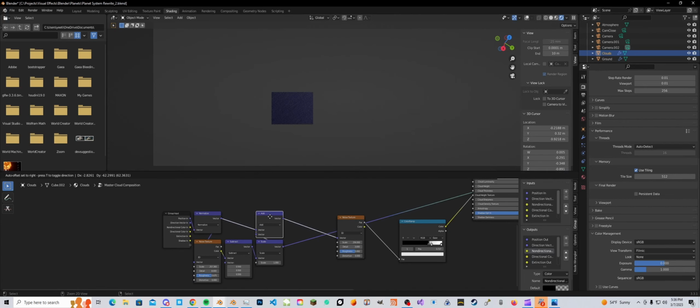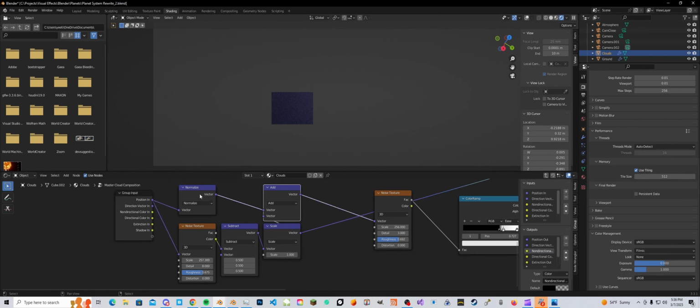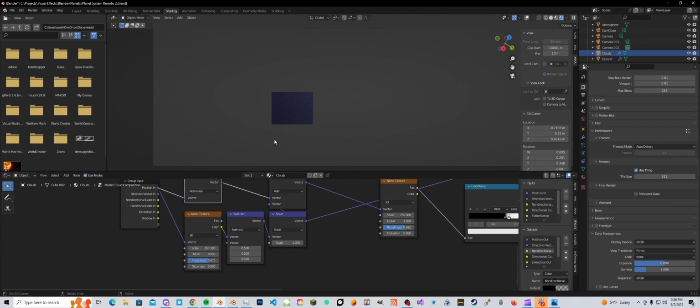So it's important the add comes after the normalize. Oh, this should not be normalized. Yeah, it's important the add comes after the normalize and that this is not normalized, because this will essentially kill any vertical detail. And it's very noisy right now. It's because we're scaling this by a lot. So I'm going to set this down to like 0.01,